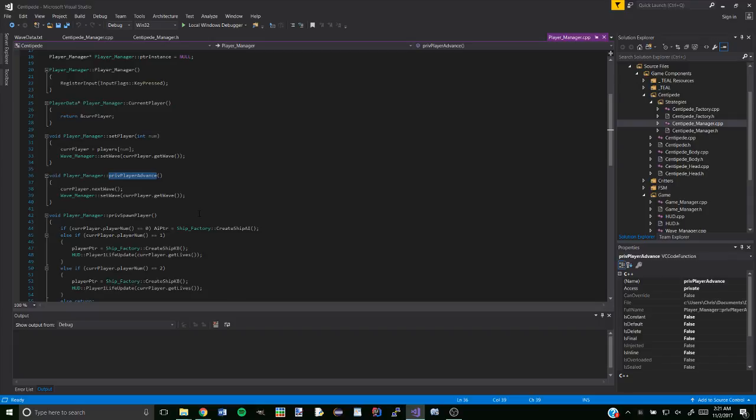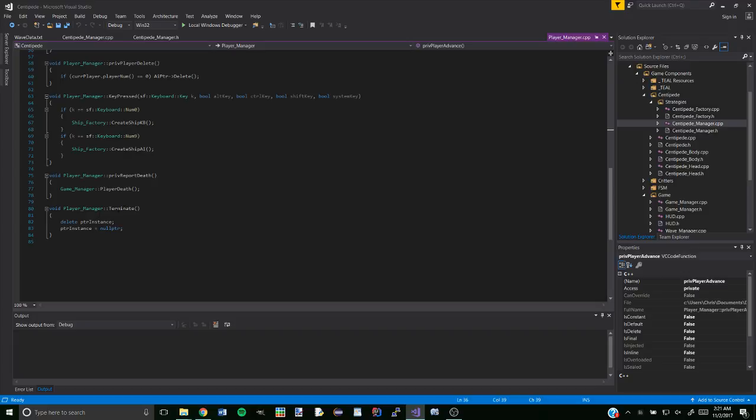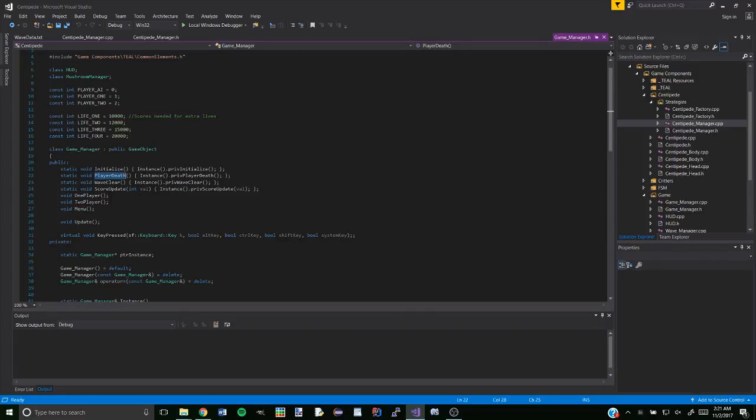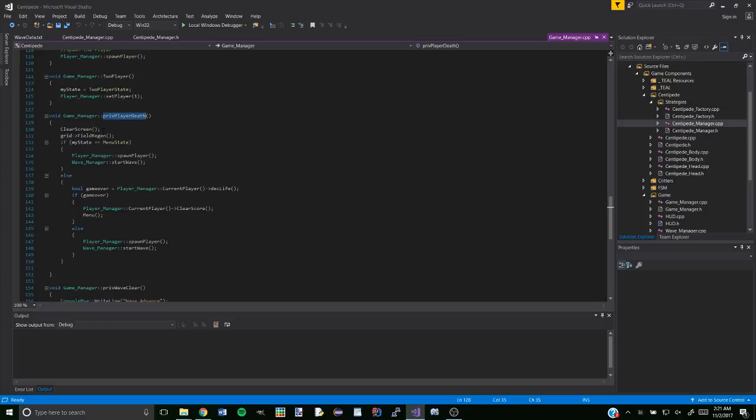And then anytime a player dies, it will call into the player manager, private report death, which will call player death in the game manager. Which will clear the screen, regen the field. If I'm in the menu, just spawn again and start the wave over. This checks to see if that was the last life. If it was, then we clear the score and go back to the menu, and otherwise we'll respawn and start the wave again. So if we start this,